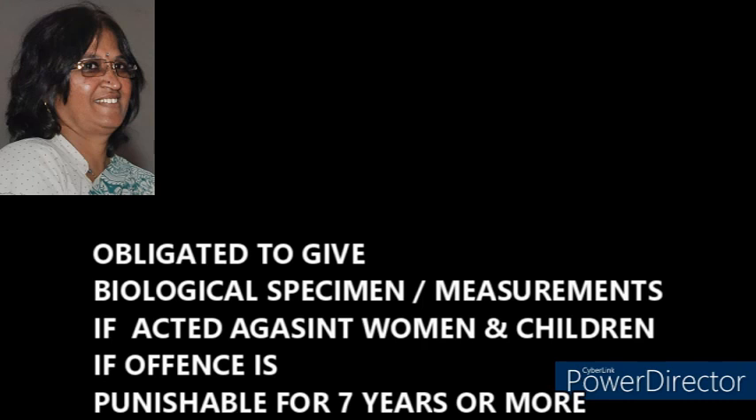Then the exception. Except for an offence committed against a woman or a child, or for any offence punishable with imprisonment for a period of not less than 7 years. Now it means that if you have committed a crime against a woman or a child, or your crime has a punishment of more than 7 years, then you have no option but to give your biological samples. But if you have not committed any crime against a woman or a child, and the prescribed punishment for the offence you have committed is less than 7 years, then you have an option not to give